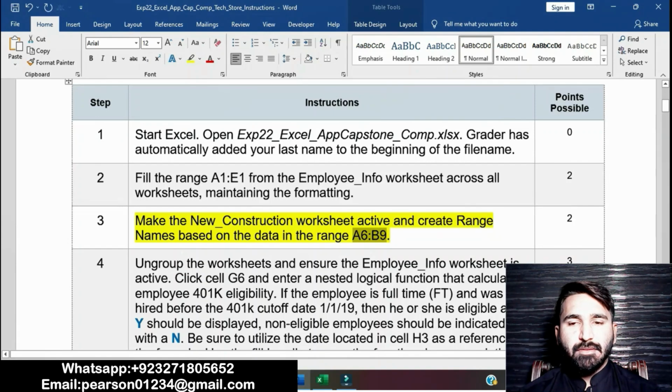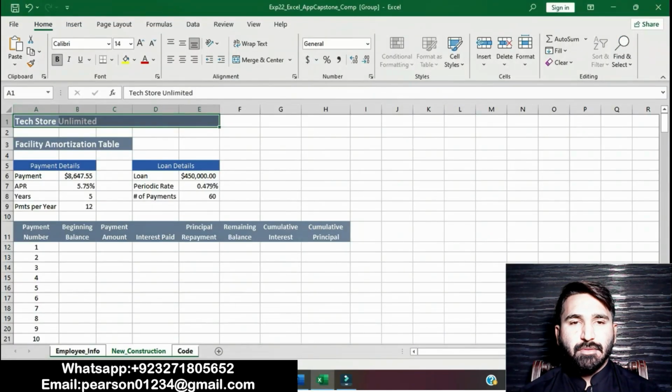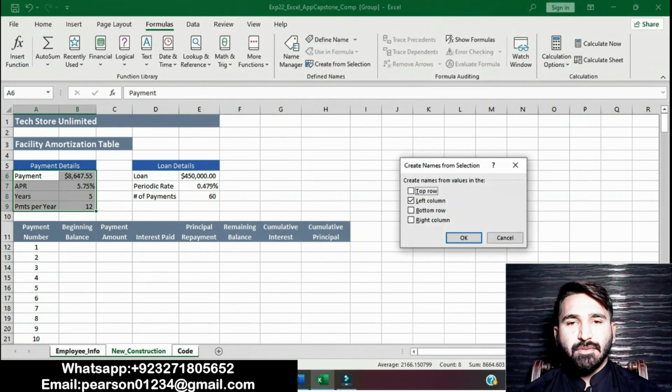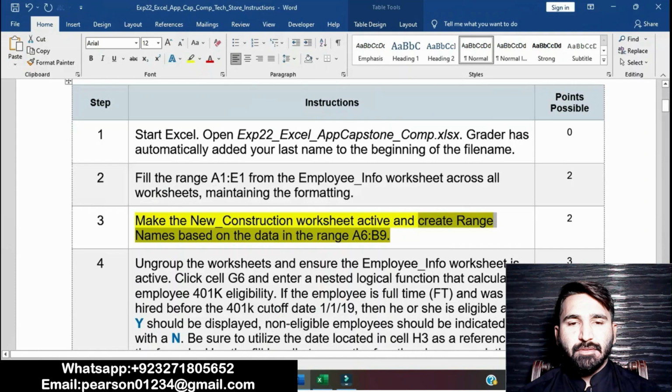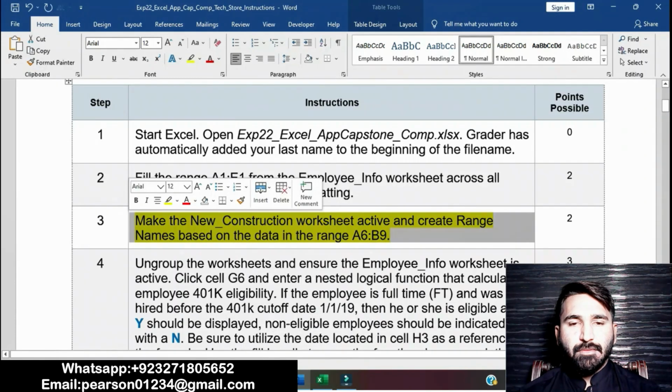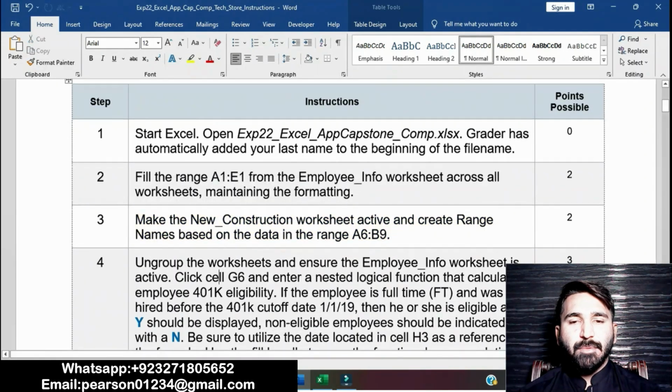Select this range. Create names based on the data in the range. First we select this range, then go to Formulas, then Create from Selection. Then check in Name Manager. This step is done now.